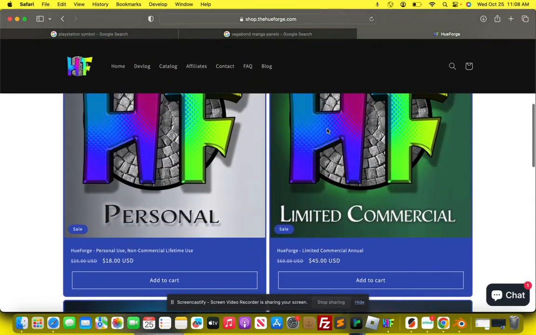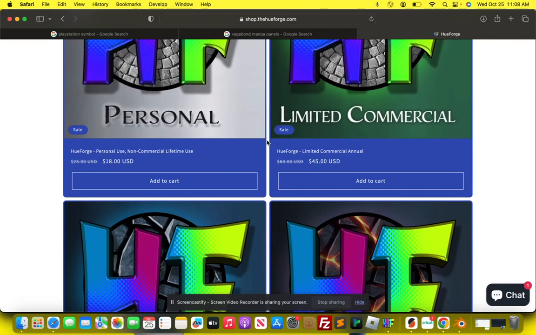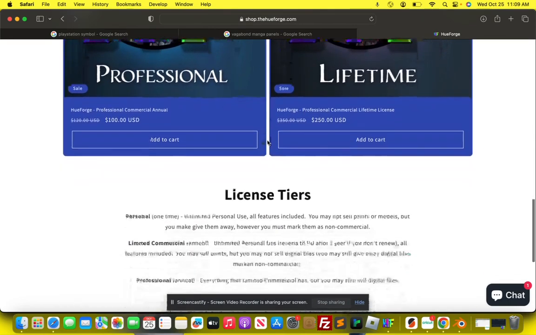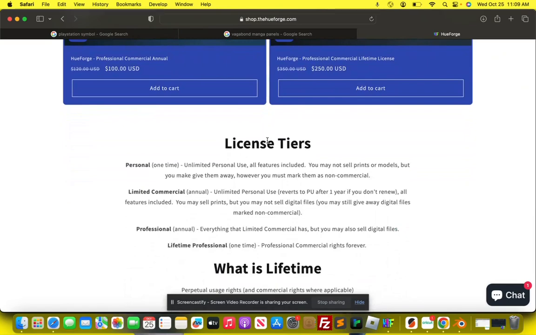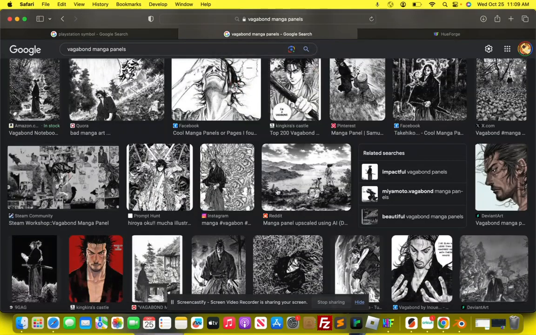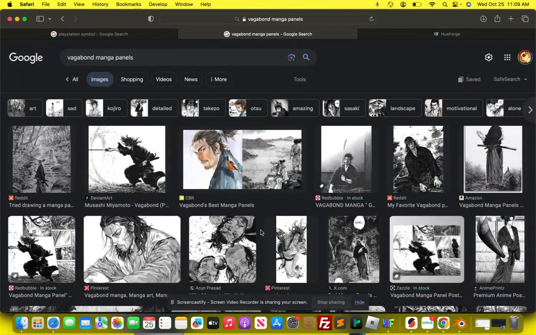There's 4 different licenses, and I just got the personal use lifetime one, which is a one-time purchase of $18. I feel like that's just like more beneficial to me right now. But there are 4 different options, and these are the tiers that they have and what comes with the purchases. But with HueForge, you could do more detailed images, like real life images. You might take a picture with friends or yourself, or you could do manga panels, which is what I usually